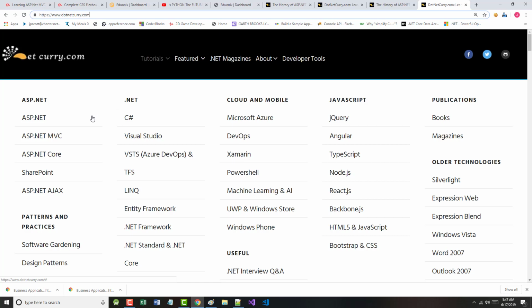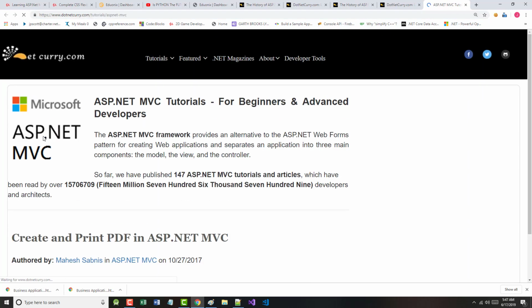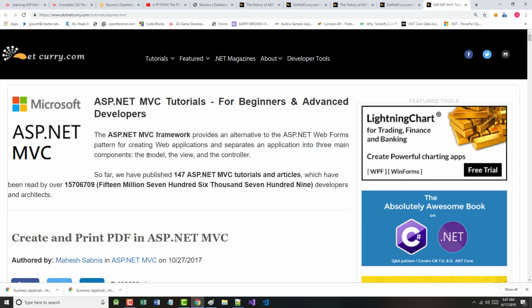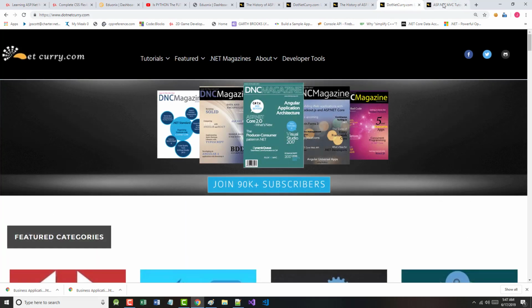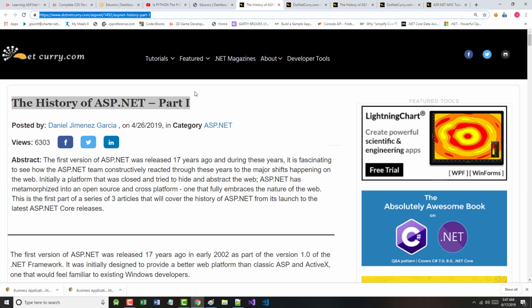But one of the things I did was I went over to their ASP.NET MVC section. And it said here they have 147 ASP.NET MVC tutorials and articles, which have been read by over 15 million people. I've started going through these. Of course, there's no way I could go through all of them, nor do I have the desire to go through all of them. That said, I found three I thought were of particular interest, and those are the History